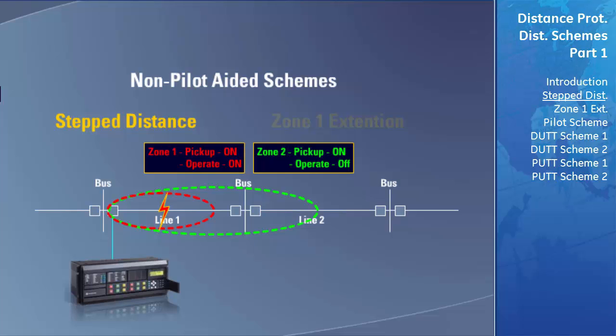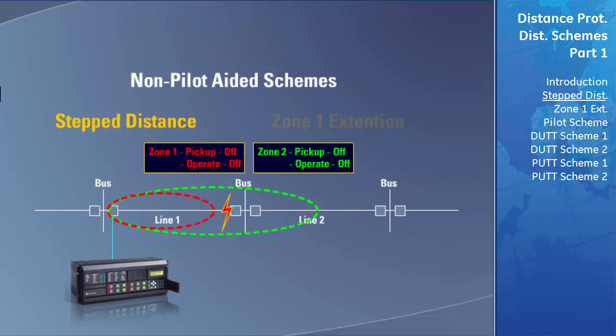The Zone 1 operate flag will then trigger the D60 to trip to clear the fault. With the fault cleared, the Zone 1 pickup and operate flags will turn off. The Zone 2 pickup flag will turn off, and the Zone 2 operate flag will stay in the off state, having never turned on. On another occasion, if a fault occurred in the end zone region of the transmission line,